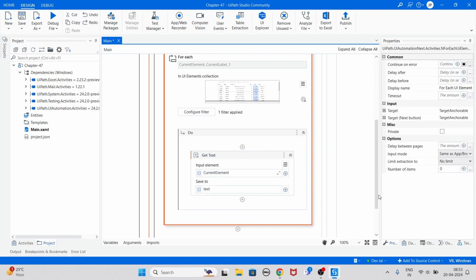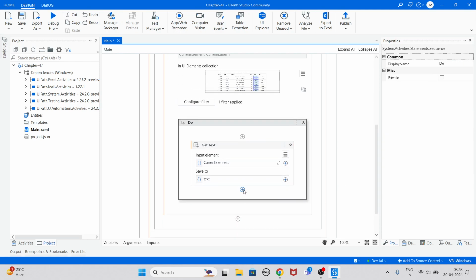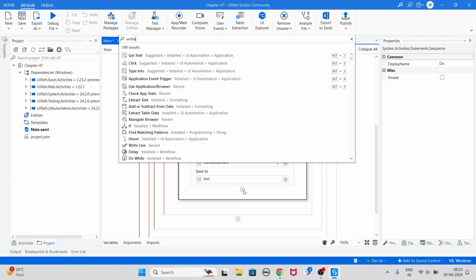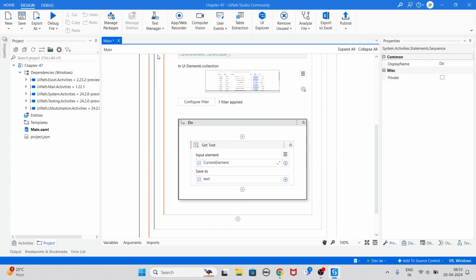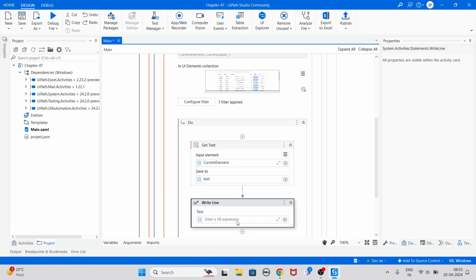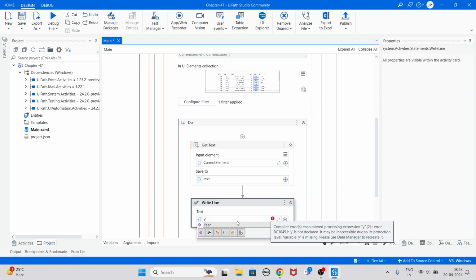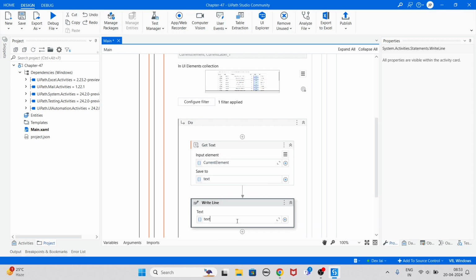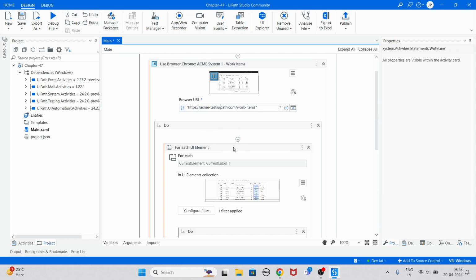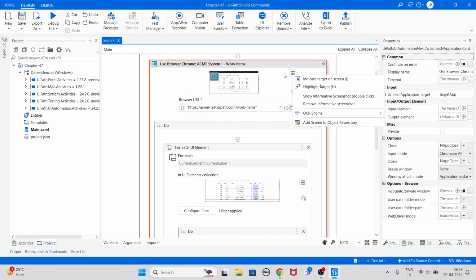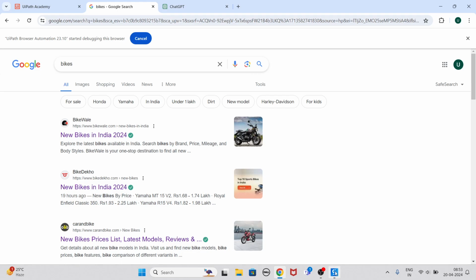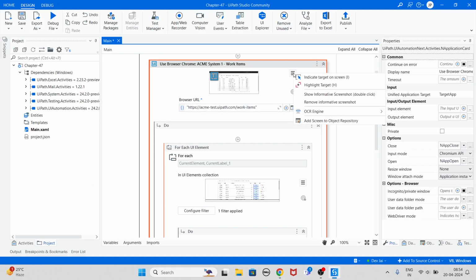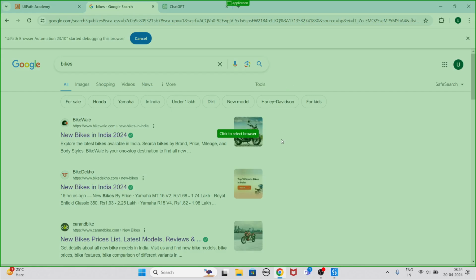We'll be getting the text out of that UI element, saving it to a variable called text, and then use a write line activity over here. Right? And now bring this to part next. See, right? And what we can do, we can use different thing we can use over here as well. Now we have to use this